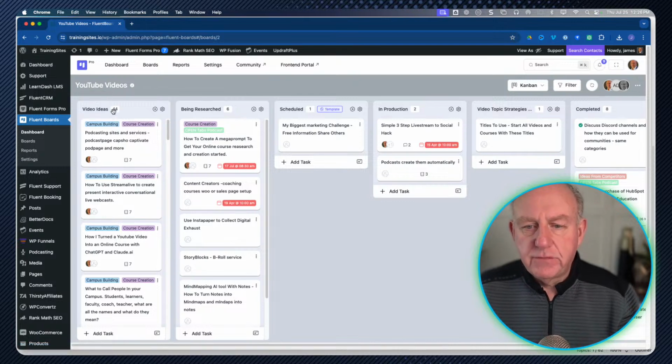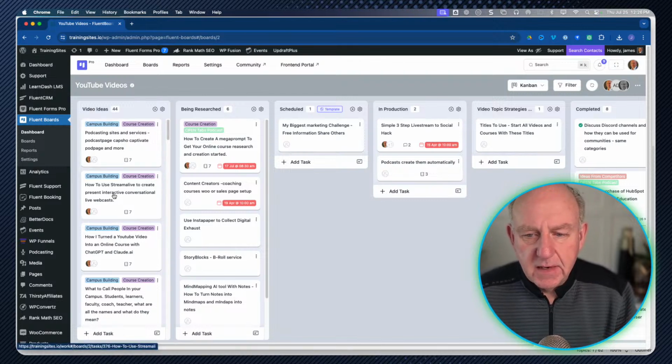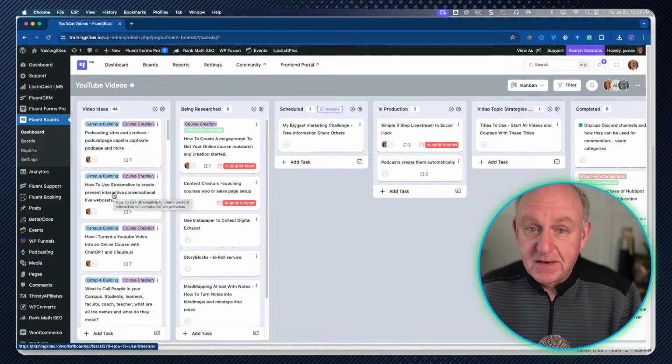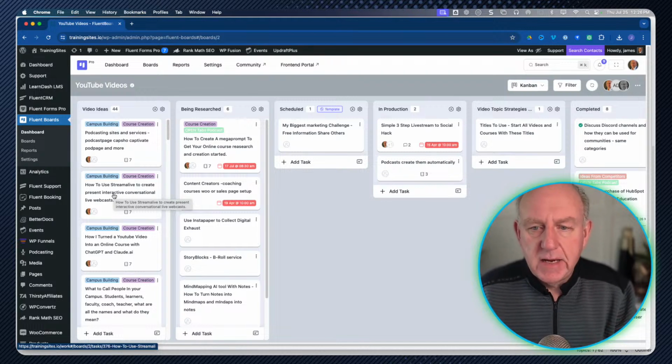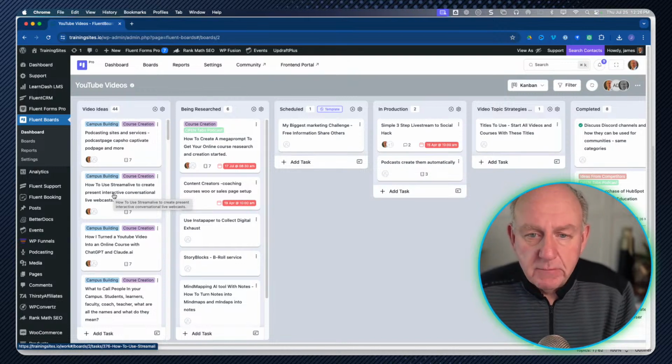So right now there's 44 ideas in the list. And to be honest with you, they're coming so quickly that this is kind of filling up, and it's hard to keep track of the ones or combine the ones. And that's why we're using a tool like this, trying to see them in a list, trying to see them in progress or where they are, what's ready to produce, what's not ready to produce as a live event.